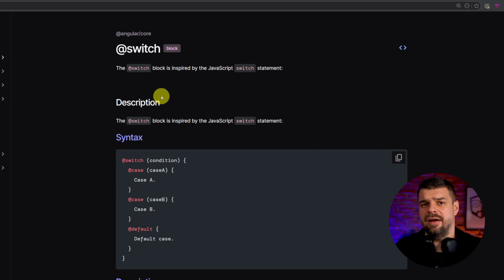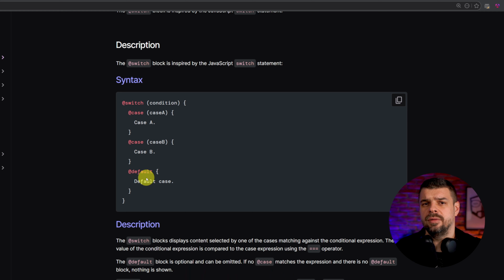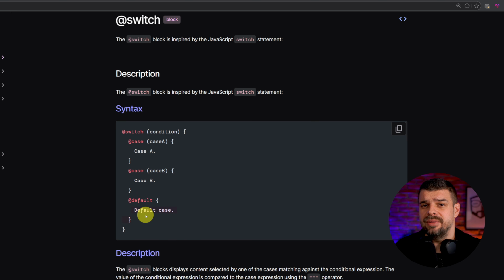It works by evaluating an expression and matching it against the various case blocks. If no match is found, the default block kicks in. The syntax is much cleaner and offers better type safety than the legacy directives. It is the foundation for conditional rendering in modern Angular applications, providing a stable and clear structure for your UI